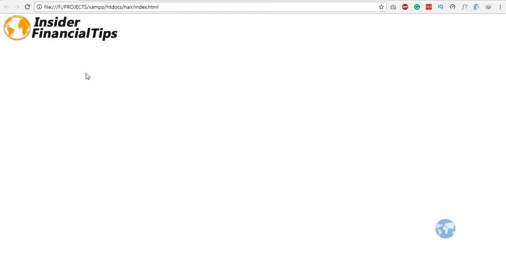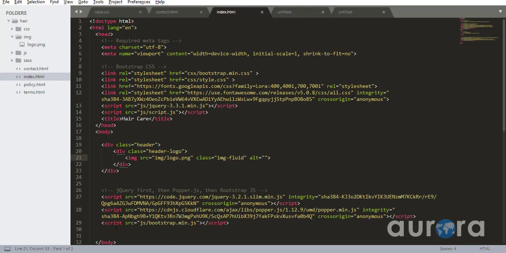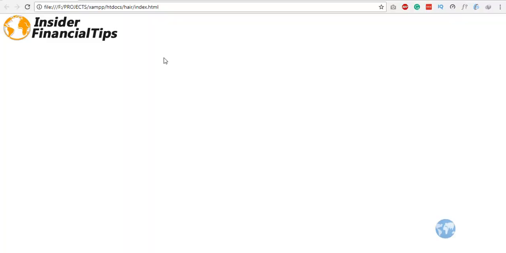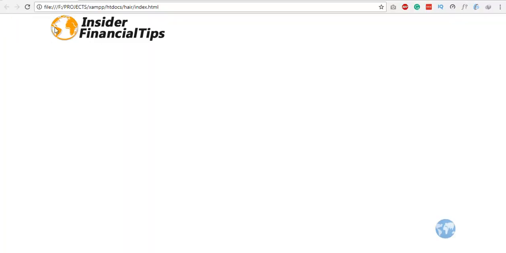declared a container before that logo, so that we can make those things under the same design layout. So container and then the logo. Okay, I think it will work for us. Yes, it worked fine. Now I want to add a navbar over here, and I'm going to take this navbar